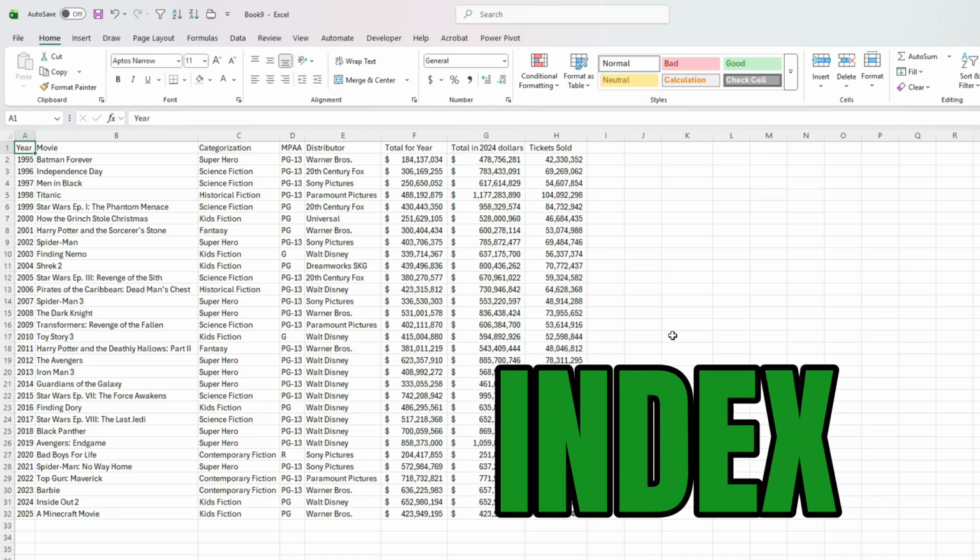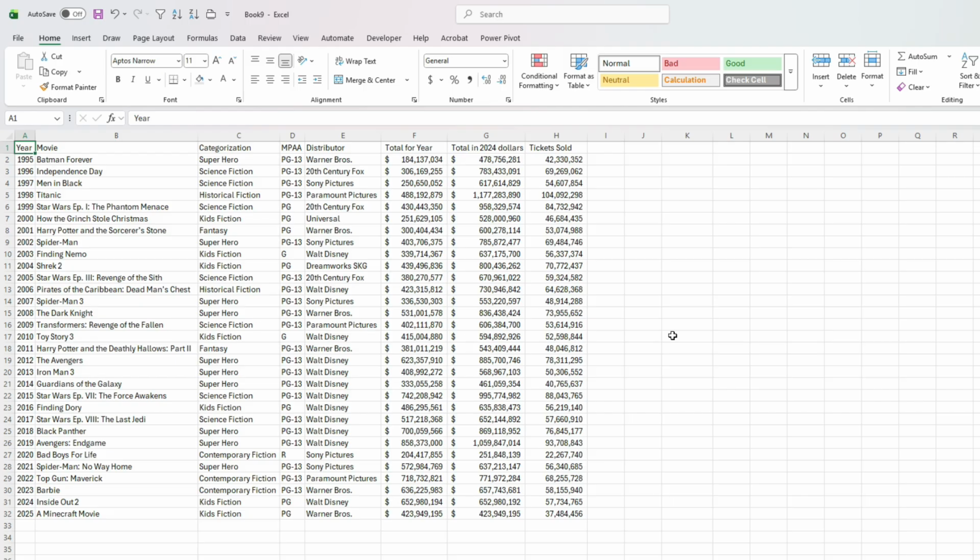And sometimes you may use the INDEX function in combination with the MATCH function if you don't want to use VLOOKUP, or in some cases you want to pull a specific cell based on where it lies within your table. So for example, here we've got years and different headers. So we've got top selling movies. So let's say I want to pull out the top selling movie for 2024, which is Inside Out, and I